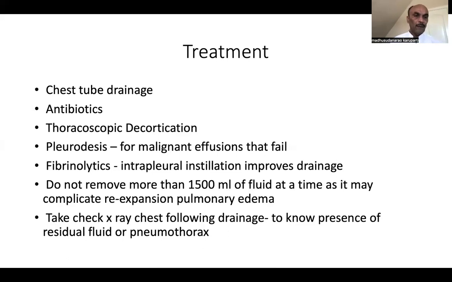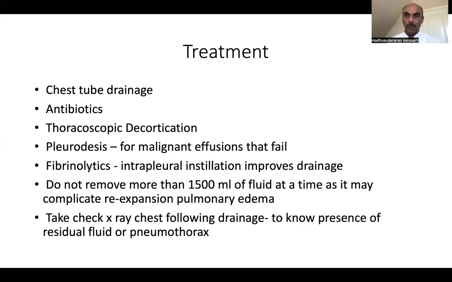Well, in patients who are resistant to the above lines of treatment, you can go with the fibrinolytics. That is intrapleural instillation of the fibrinolytic agents, which will improve the drainage and facilitate the early recovery of the